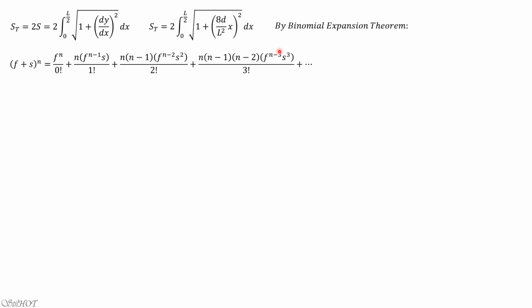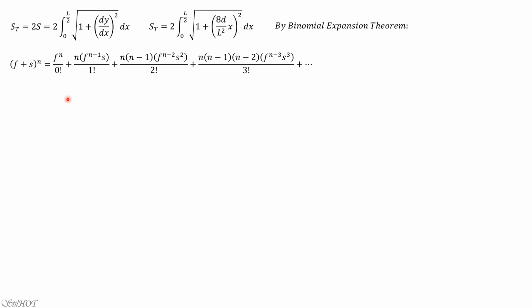Then because we subtracted 3, the power of the second term would now be 3 also, divided by 3 factorial, and so on and so forth. Now, we ignore the succeeding terms because the power is less than 1, in this case 1 half. This is 1 plus, this is the first term 1, this is the second term squared, but the value of n is 1 half, which is less than 1,